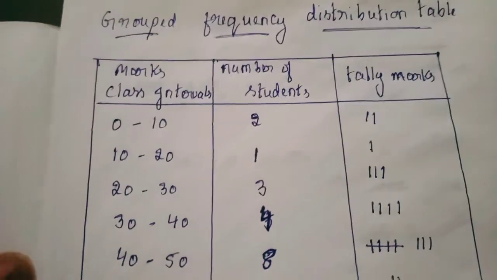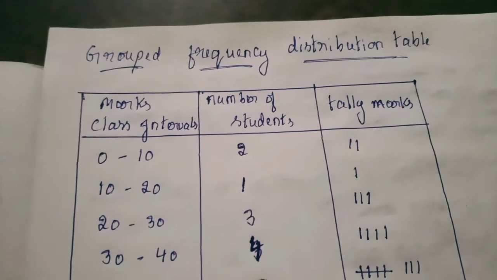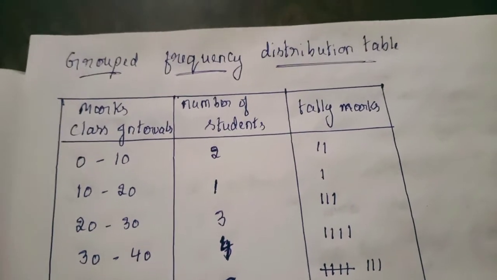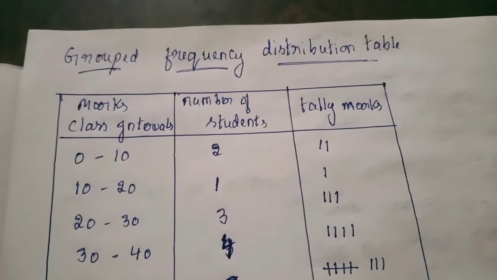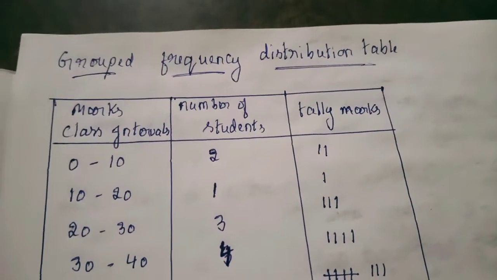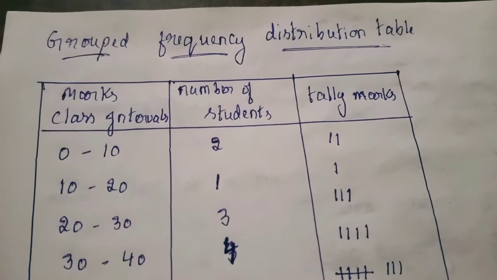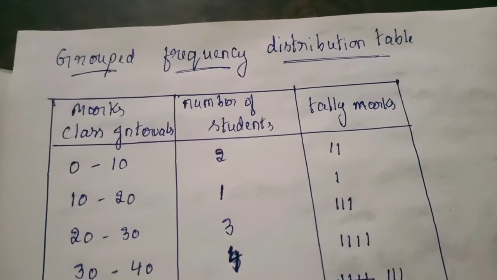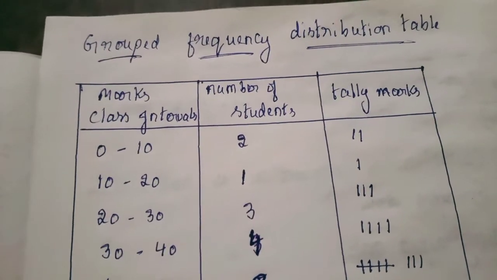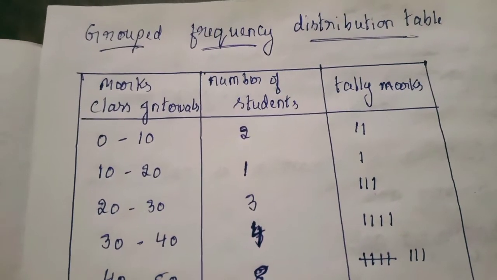We go for grouped data when the data is very large. Here I have taken only 120 students, but sometimes you come across 100, 1000 students. If I want to do some analysis on bigger data, that is, a maximum number of observations, more than 10, 20, it is very difficult to do analysis on that data. So note it: when the data is very large and we are unable to do proper analysis, then we convert ungrouped data to grouped data.